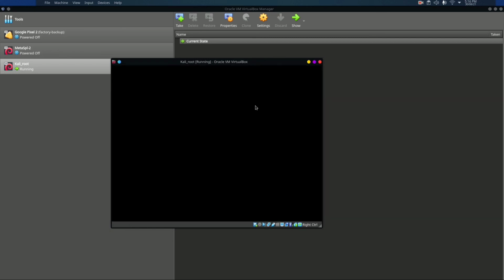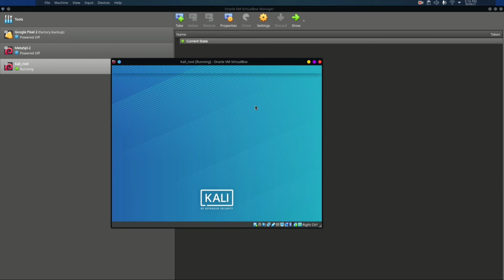We have successfully logged into Kali using the root user, and we have not created any other user. Whenever you have installed any fresh system or fresh Kali, I recommend you to please run apt update and then apt full-upgrade -y, so that your system will be up to date and have the latest security patches.